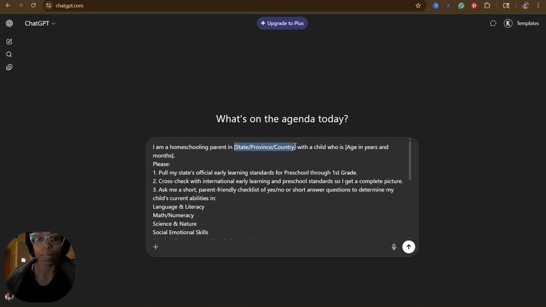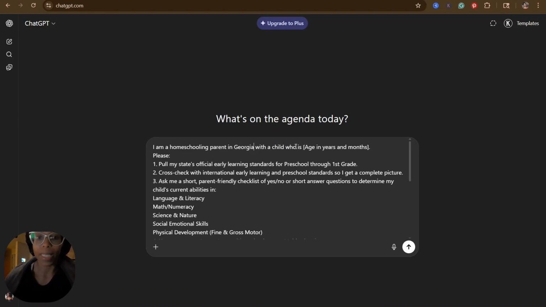I don't know why it squishes it up like this when I paste it in here, but when I show it to you, it's going to be in a PDF. It'll be easier to read than this. It won't be so squished up. But basically, you don't have that much to replace. You want to put in your state specifically so you can pull your standards with a child who is, I'm going to just say 19 months because my girl is almost 19 months